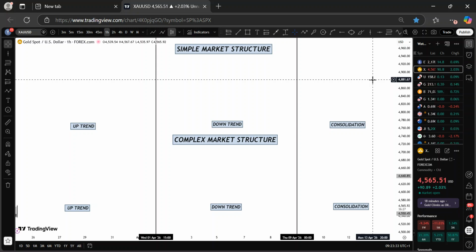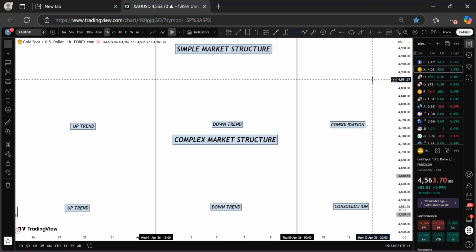However, I also like telling people that these types of market structure are mostly found on the higher time frame. Of course, you know we have different time frames in trading, and I'm not here to talk about those. But when I talk about higher time frame, I'm talking about the time frames that are not in minutes, at least from 4 hours. 2 hours, 4 hours, 6 hours, those are higher time frames. So these are places that you mostly find simple market structure.